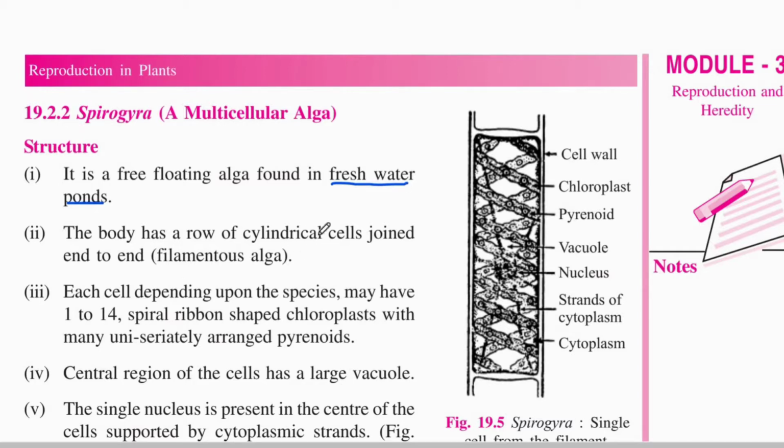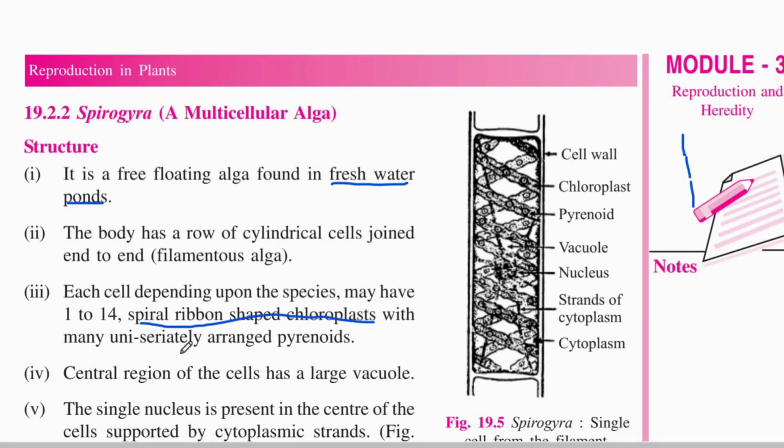It looks like a filament with rows of cylindrical cells joined to each other end to end. This is one cell which is joined to another cell like that, end to end, and it looks like a filament. So it's a filamentous algae. Each cell, depending upon the species, may have 1 to 14 spiral ribbon-shaped chloroplasts. In Chlamydomonas, the chloroplast was cup shaped, but in this, it is a spiral ribbon-shaped chloroplast